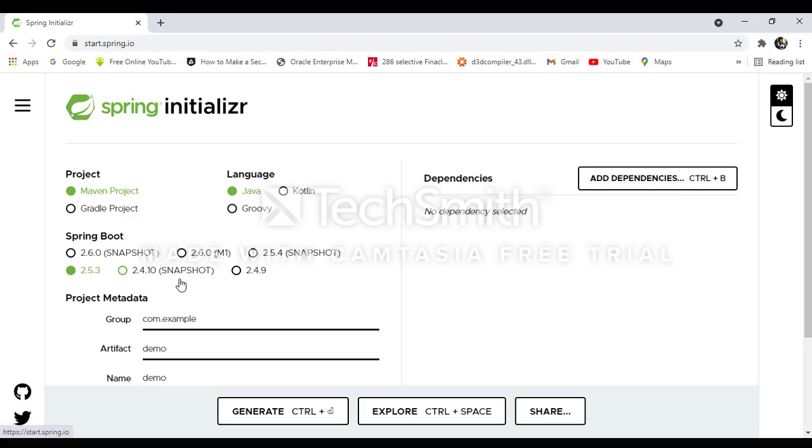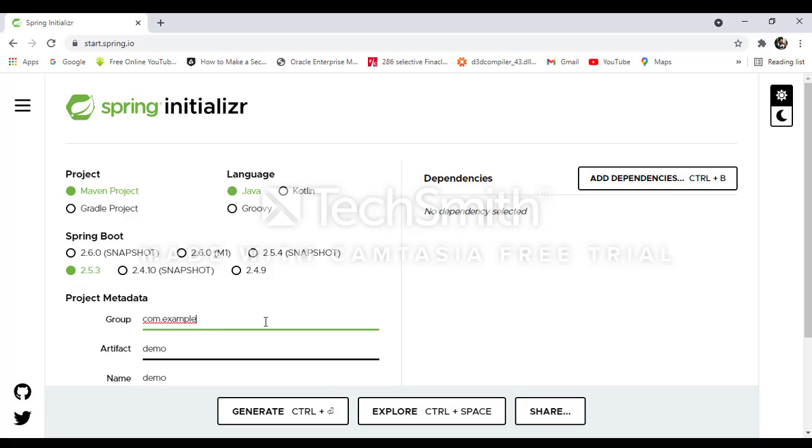It provides 2.6.0 snapshot, 2.6.0 M1 and so on, but we take 2.5.3 because the upper versions are snapshots and this is a stable version, so we take the stable version.